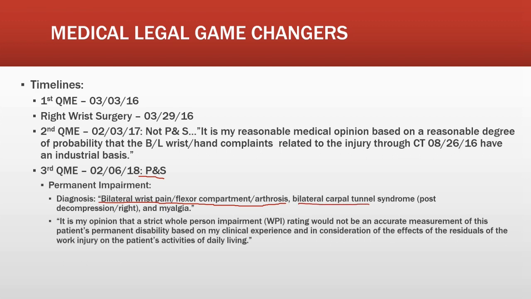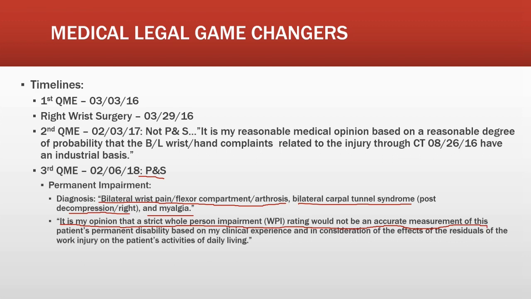She had bilateral carpal tunnel syndrome, which was post-decompression on the right and unoperated on the left, and some form of myalgia, and it's not clear which parts of the body are involved with that myalgia. But he provided a permanent impairment rating, and again, that rating is not described in the case, although we'll go over a couple of the options that are possible for this type of case. But he stated that it is my opinion that a strict whole person impairment rating would not be an